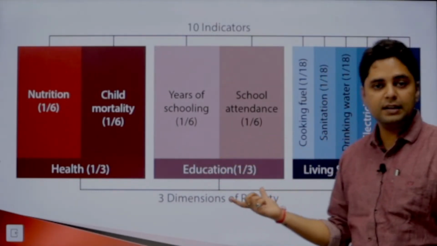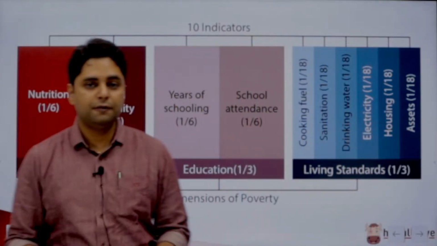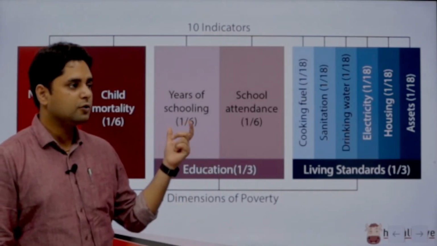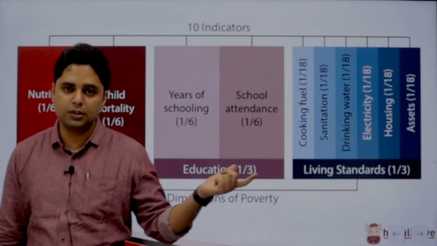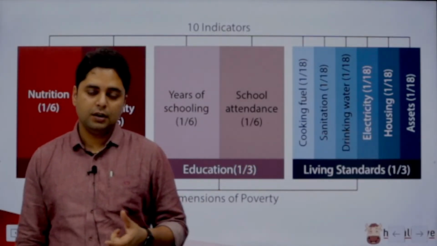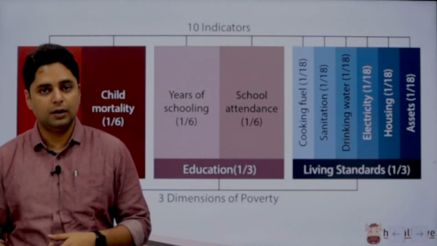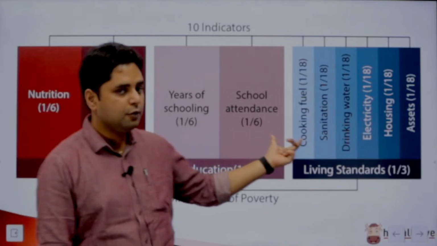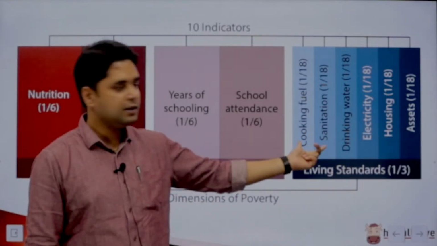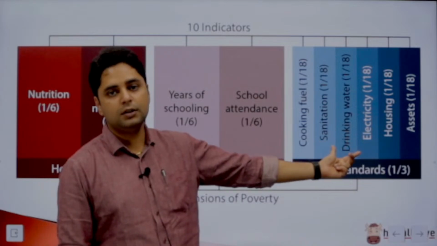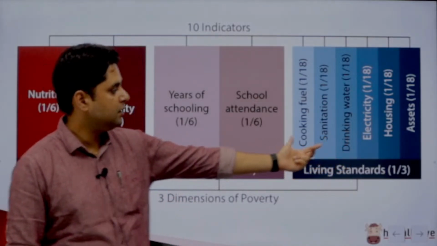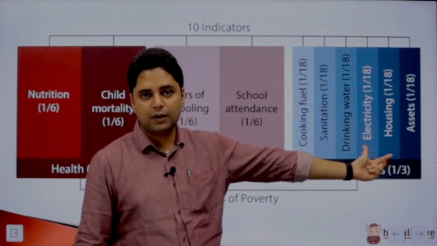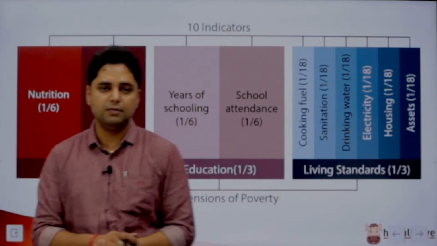Then school attendance has increased. Also in part due to schemes like the midday meal scheme, due to which children go to the school. Then also because of new toilets being constructed in schools, in the absence of which the adolescent girls used to drop out of the school, but now that is no longer happening because of the Swachh Bharat Abhiyan. Cooking fuel, you have Pradhan Mantri Ujjwala Yojana. Sanitation, Swachh Bharat Abhiyan. Drinking water, Har Ghar Nal Se Jal, Jal Jeevan Mission. Electricity, we achieved it in 2020. Pradhan Mantri Awas Yojana for housing, and for assets, a number of schemes.